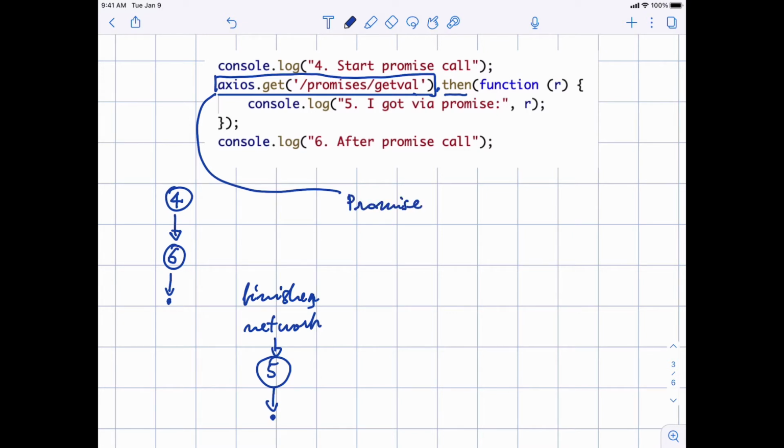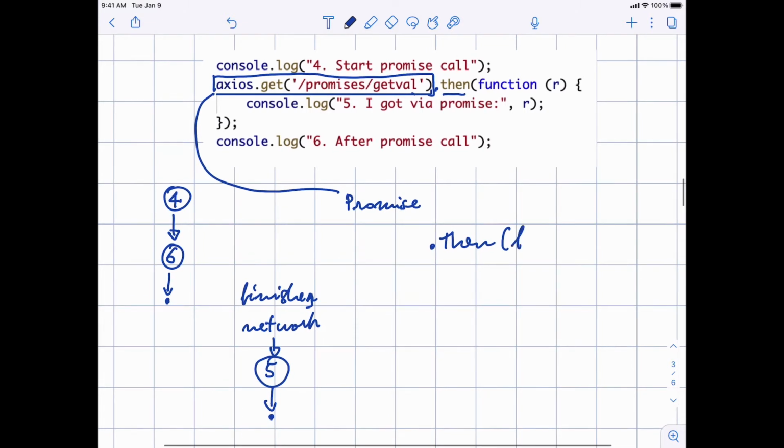The way to read this code is that Axios.get of this URL will give you a promise. And if you have a promise, you can call .then to do something when the promise is fulfilled or fails. So when you do then, you can in general specify two functions, f and g. One is for the success, and the other one is for the failure of the action. Okay? So promises are essentially containers for unfinished stuff.